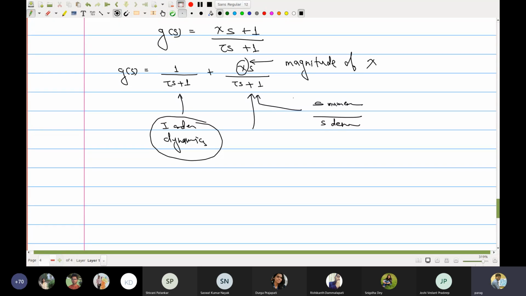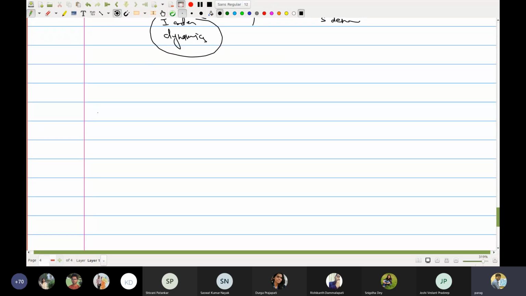Okay, so let's then try to understand how the dynamics would look. I will have y of t equal to the Laplace inverse of, for a unit step function, 1 upon s, and your transfer function is (psi s plus 1) over (tau s plus 1). Fine. So let me not waste my time on doing this partial fraction and inversion. I have already done this for you.